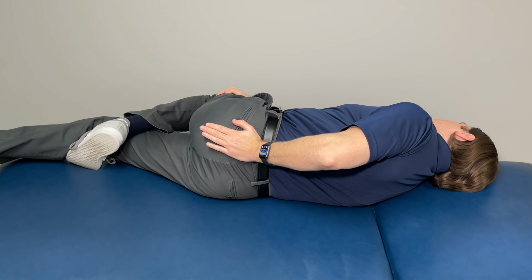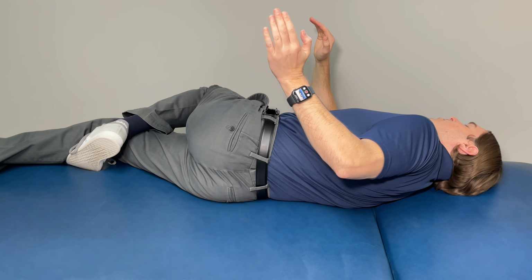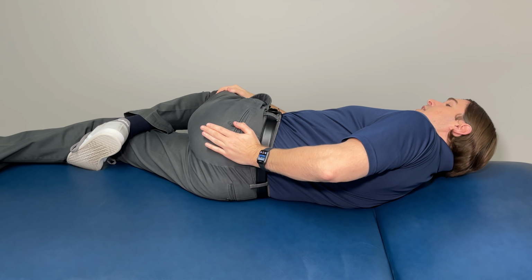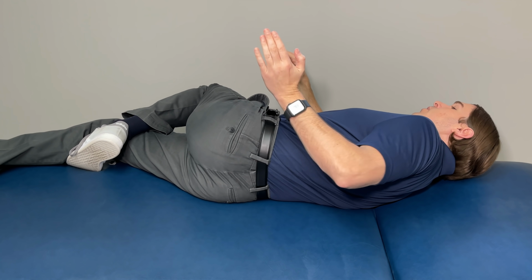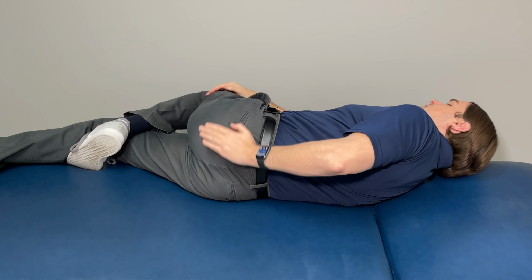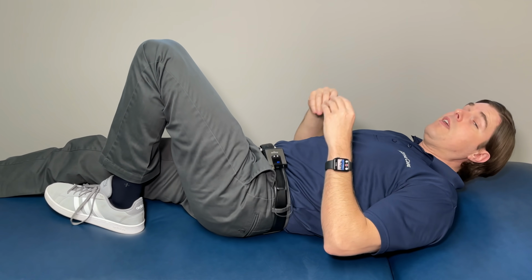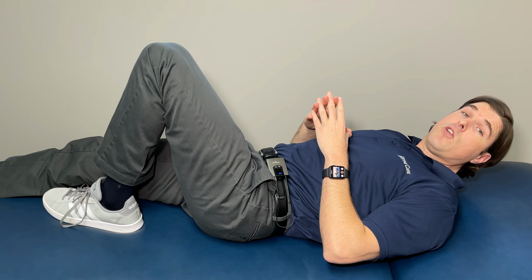So let me set it up and show you. I don't know if you heard it, but I got a pretty good release right there. Again, we're building initial tension, which is very important, pressing into it, pulling down at the same time to open up the pelvis just a little bit more to hopefully give you that satisfying pop or crack that you're looking for. So here's how to do that corkscrew stretch standing, so you can pretty much do it anywhere,